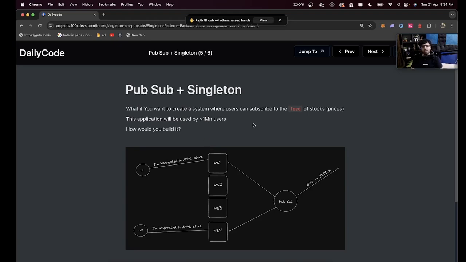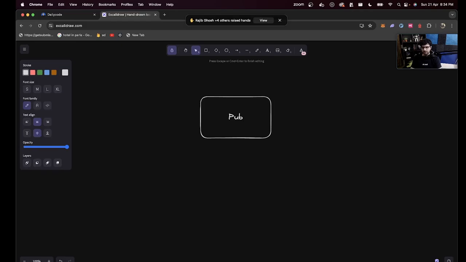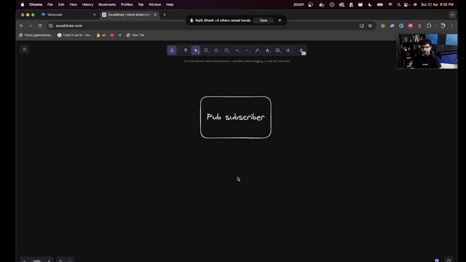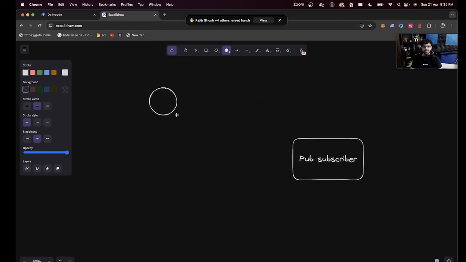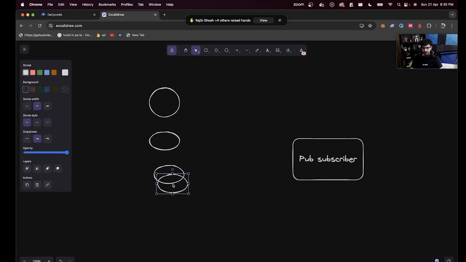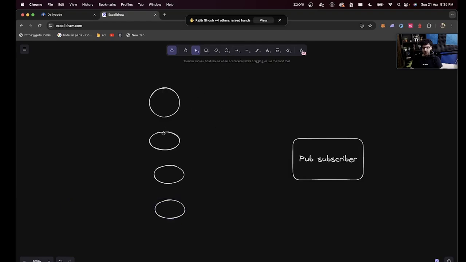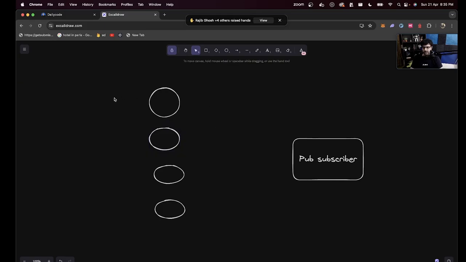Before that, what is a pub sub? We discussed this a little bit in the past, but let me quickly share what is a pub sub. It stands for publisher subscriber, which, as the name suggests, is something that lets backend servers or even front ends, but most probably you will be using this in backends, talk to each other. How do they talk to each other? If one backend server wants to let another backend server know something, which, as I said, in a chess game